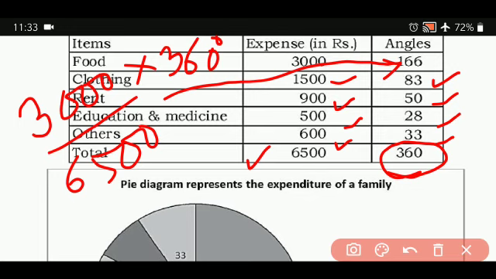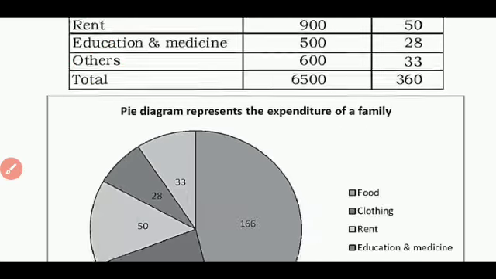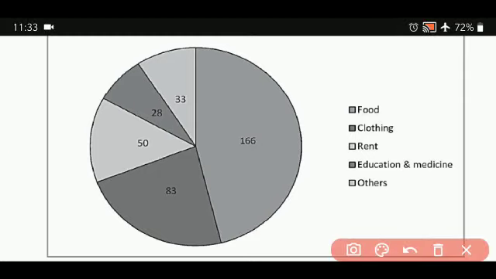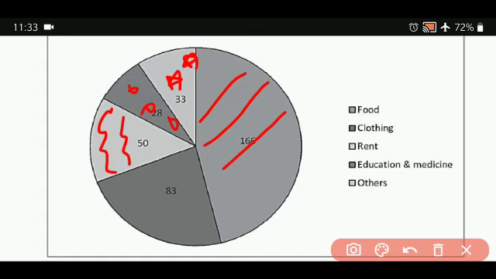If you remember, in the percentage bar diagram you converted each item into percentage by multiplying by 100. Now you are going to convert them into degrees. You have to multiply by 360 degrees. Next you have the freedom. In this diagram they have done different shadings. You have the freedom to give a design of any choice. It may be circles, stars, straight lines, dots, anything.